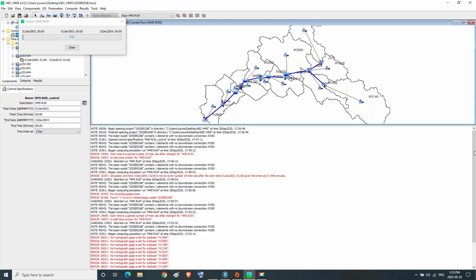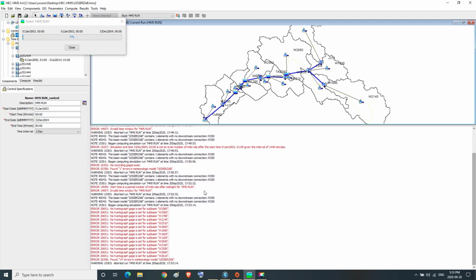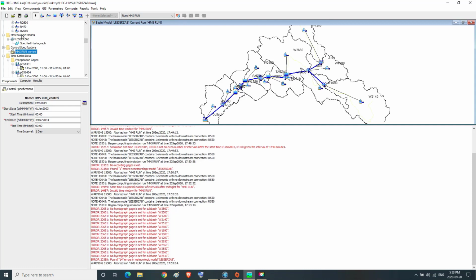Then a red error message appears indicating that no hyetograph gauges are set for the subbasins. So we go to the meteorologic models. Then we press on laser zap.